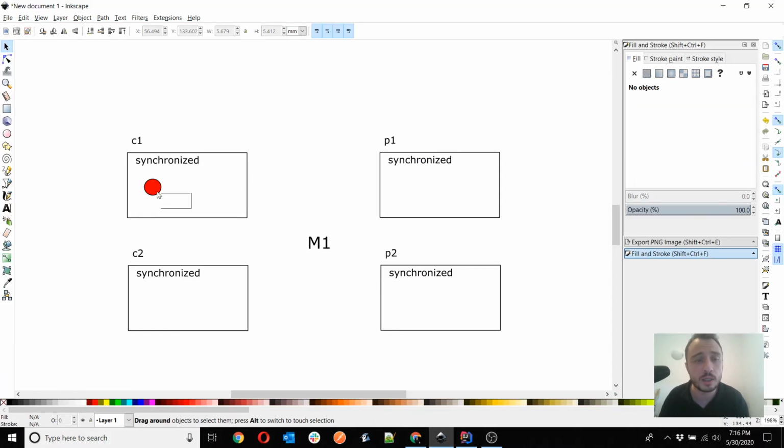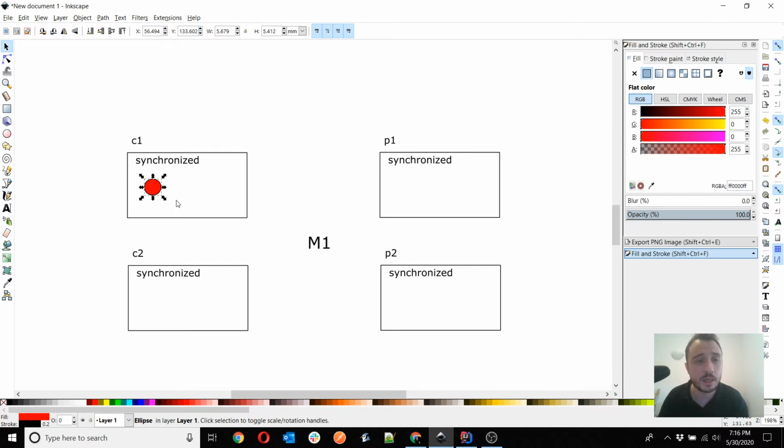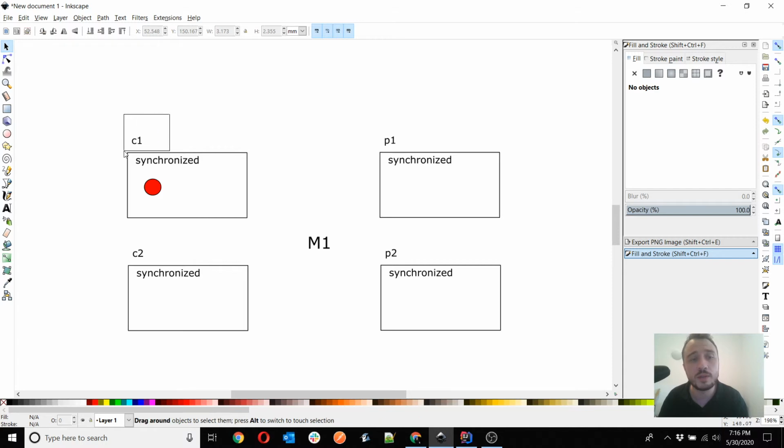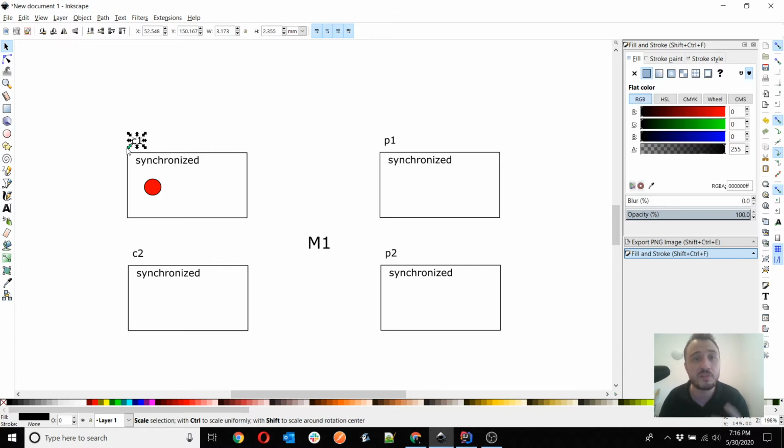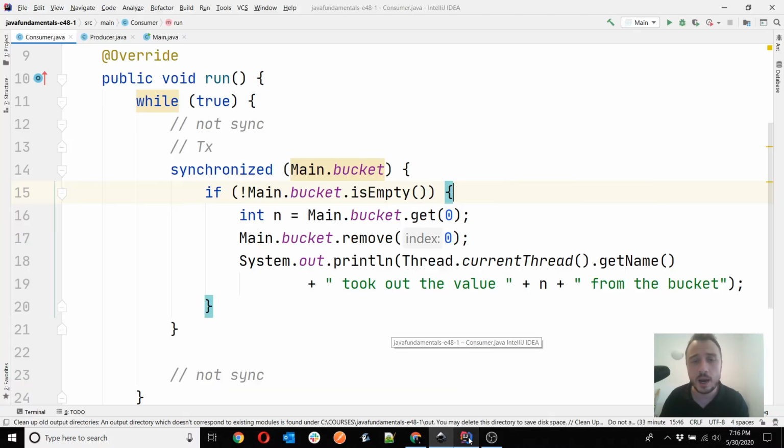So say that it actually happens that this is false. Going back to our visual here, it means simply that you don't know, the JVM, how long it will actually stay with this thread available. Imagine that the JVM will make this thread available for 5 seconds. It's a long time, but I've just used this time because it's easier to imagine. Say C1 will be executed for 5 seconds. Can you imagine in 5 seconds how many times the consumer would execute this condition? Of course, the answer is a lot of times. We don't know, but it's a lot of times.